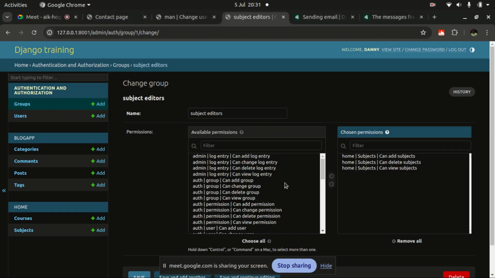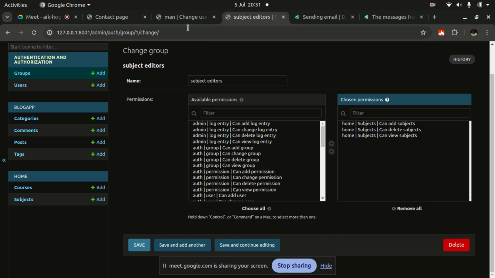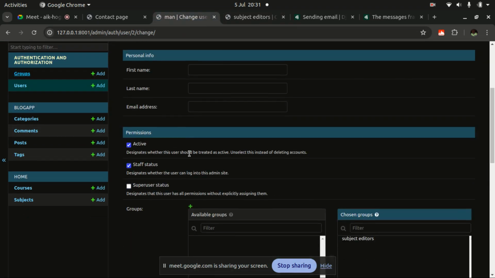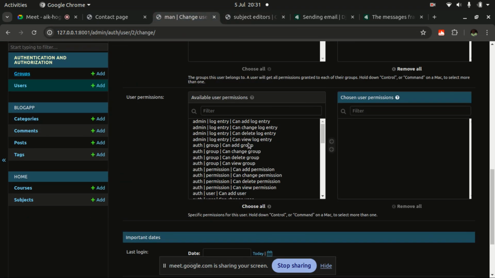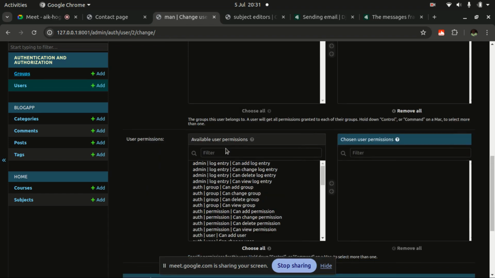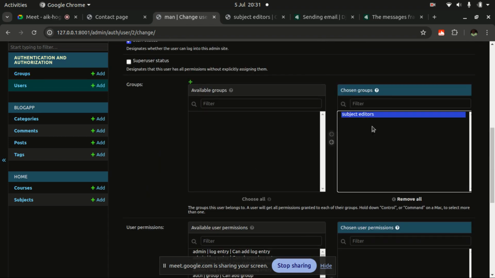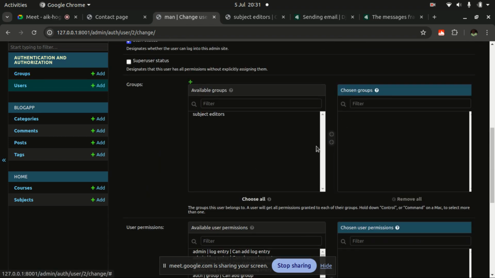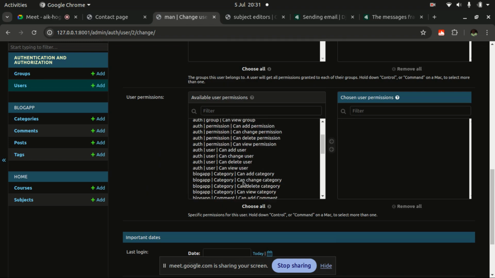So once you are able to get this page, you can try playing around with these permissions and see what they mean. All right, then another thing, if you don't want to work with groups, you can decide to give them one permission after the other. For instance, let me get them out of that group. All right, maybe we want them to be able to add user. Remember, if we check currently,